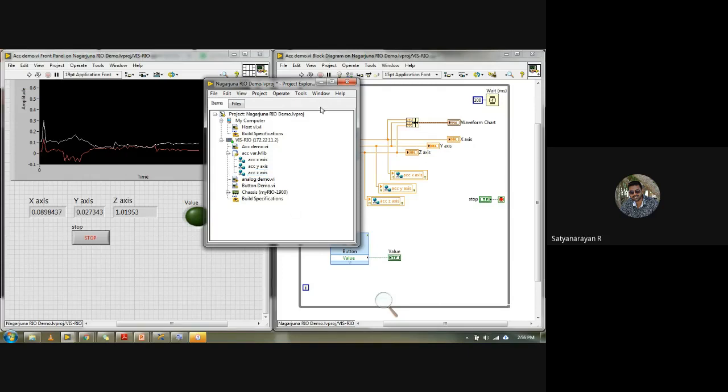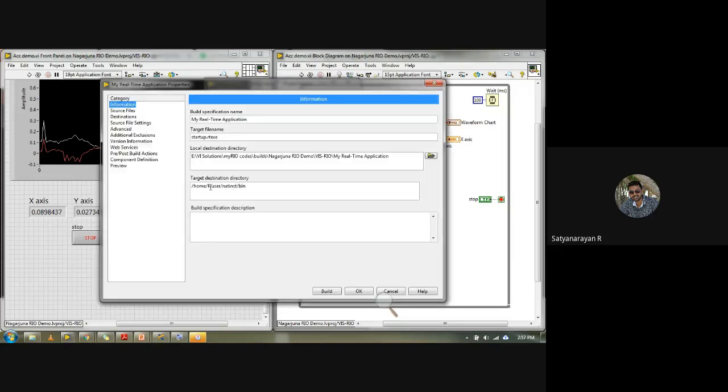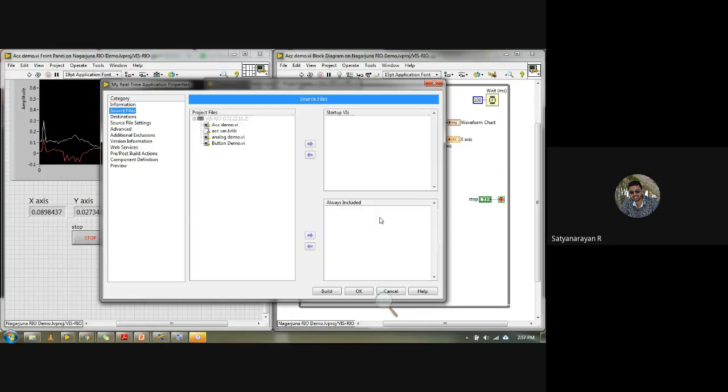So I'll select a build specification. I'll right click on build specification under MyRio and go to new. Here you have the option called real time application, RTA as we call it. I'll click on that. Here you get the real time application with categories like information, source file, destination and so on. I'll go to source file.